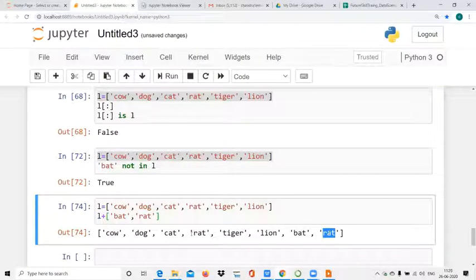Rat is present also, and again rat is added. So an element can be present twice in a list. It is not that only one such element is allowed. The same element can be present more than once in a list. Okay.